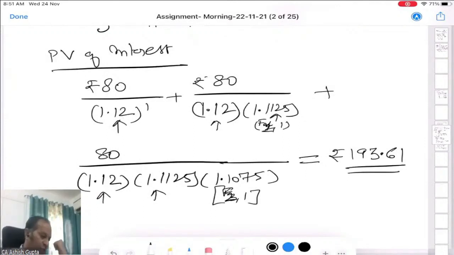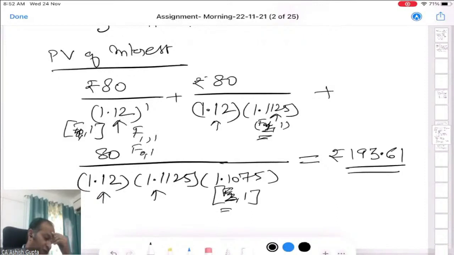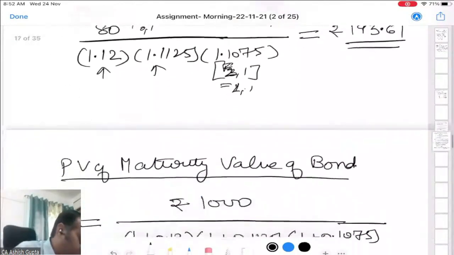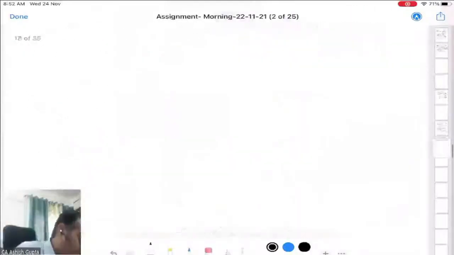You can write that way also. No problem. Because then if we write here, then we have to write F0, F1 to 1. Okay, like that. Then F2 to F0. If I say here F1 1, then I will use 2 here and 3 here. If I say it is F0 1, then of course 1 to 1, and here 1 2 to 1. We can write it either way, there will be no deduction of marks for your notation. Your answer should be correct. Your rate should be correct. Otherwise, there is not an issue.